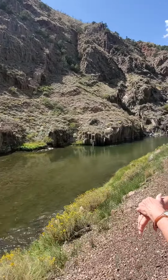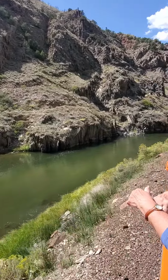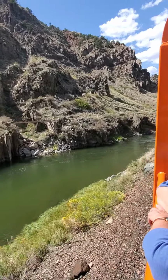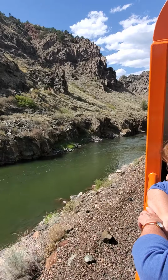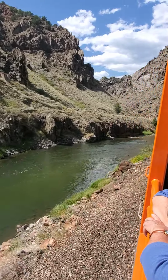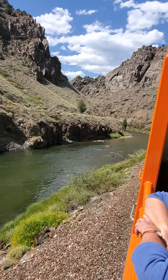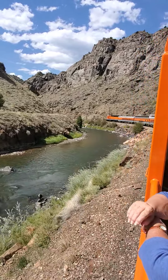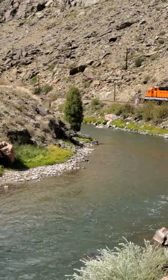You may have been wondering, how was the Royal Gorge born? There were two major geologic processes at play in the formation of the Royal Gorge: upheaval and erosion. Around 3 million years ago, in the late Cretaceous period, the ancient shallow seas of the area began to